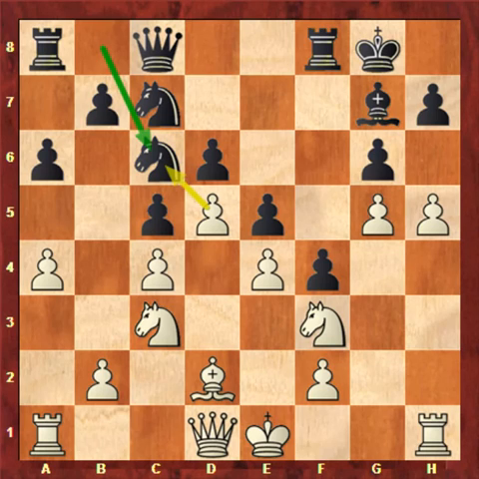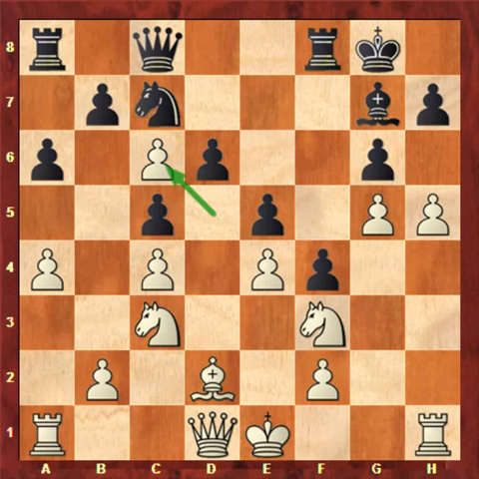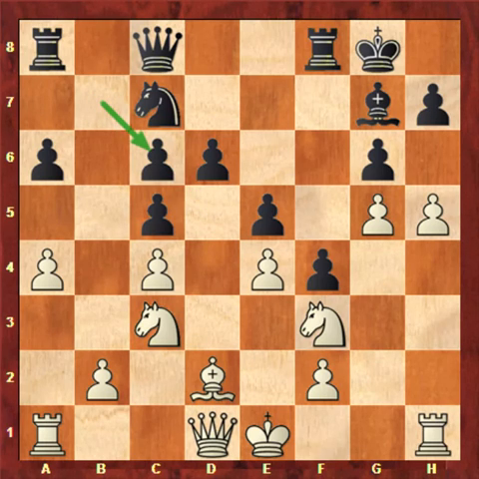It's objectively bad, but black is so passive and cramped and has no plan to break free. The psychological effect of this move worked, as Averbakh now took 55 minutes for his next move. He took in the end, Spassky took back, and here Spassky said later that white could have played h6 and